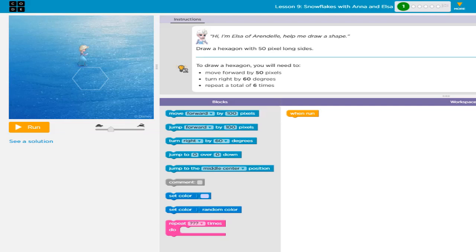Let's start. Hi, I'm Elsa of Arendelle. Help me draw a shape. Draw a hexagon with 50 pixel long sides. To draw a hexagon, you will need to move forward by 50 pixels, turn right by 60 degrees, and repeat a total of 6 times. So we need to draw a hexagon